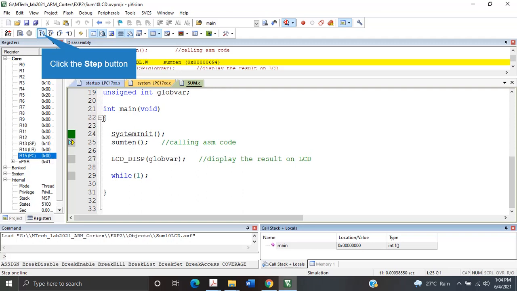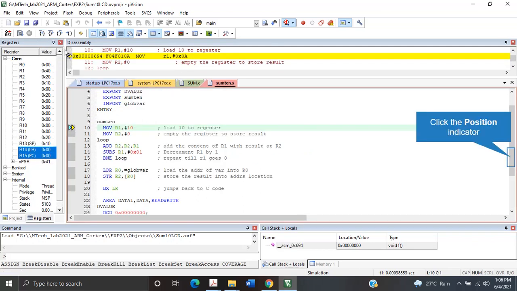Sum10, you jump into this particular location. Whenever I execute that, automatically you will be taken to that hex file. Fine. So sum10, whenever I say that, sum10 was available because the sum10 label is written over here. So this is what I have imported in my C file. The global variable declared in your C file is imported over here. What you are exporting is D value, double value, that is declared in the data that is being exported.